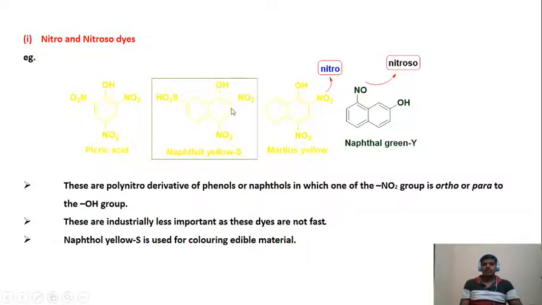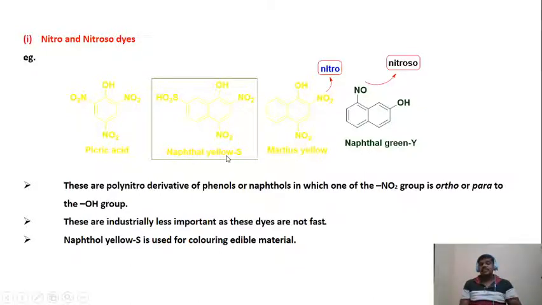And these are 2 aromatic rings attached to one another, and to these 2 aromatic rings one OH group is present, and such a compound is called a naphthol. So the polynitro derivatives of phenols and naphthols, in which one of the nitro groups is present either ortho